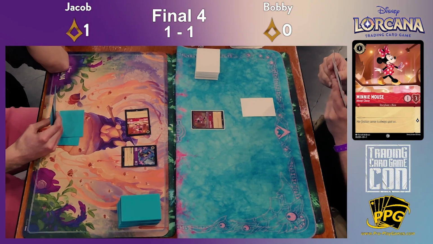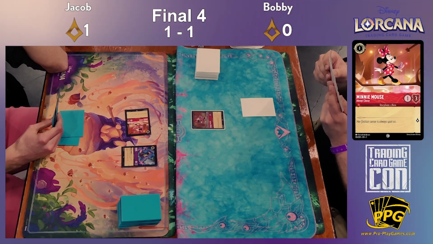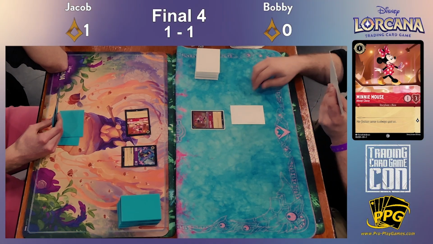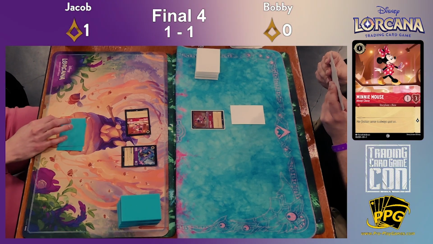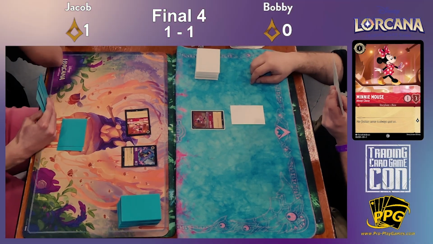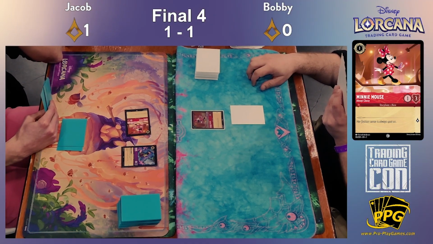All right. So again, I think the strategy here, both players have kind of gone aggressive early in different games. Jacob getting the edge the first game with some very aggressive play, picking up a lot of lore early. So both players have that in mind. We'll see how they choose to play this. I've seen...